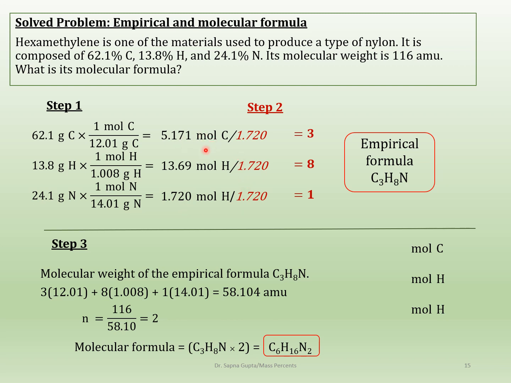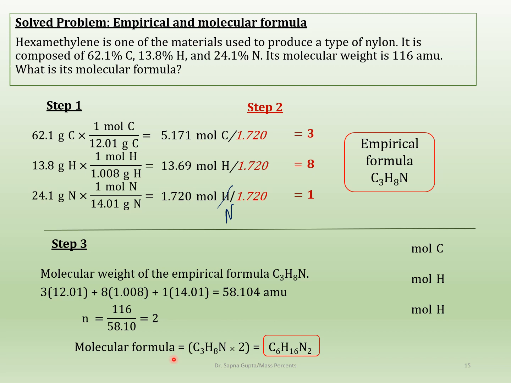So divide all of these moles by 1.7. Then you get 1 for nitrogen, and the other numbers for carbon and hydrogen are 3 and 8. Oops, this should be nitrogen over here. I'll correct that. This is nitrogen. So then your empirical formula comes out to be